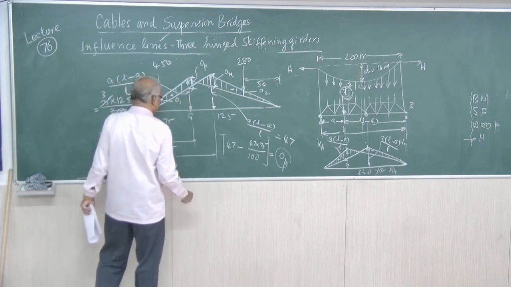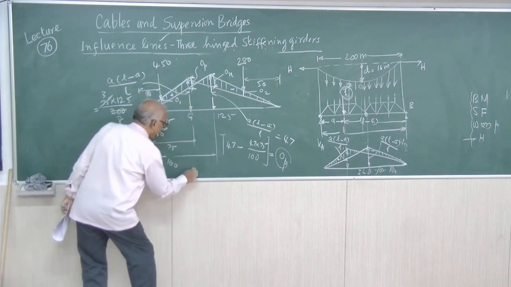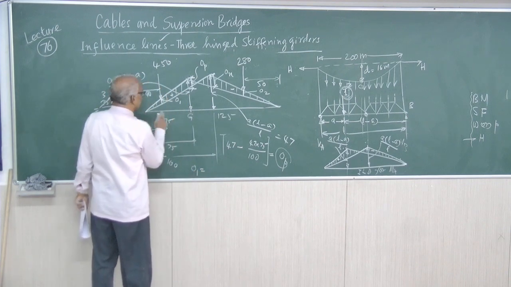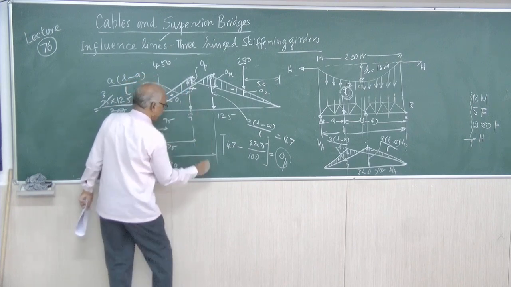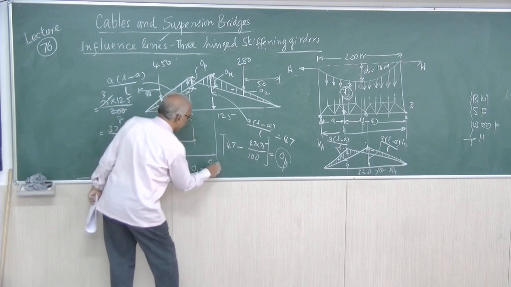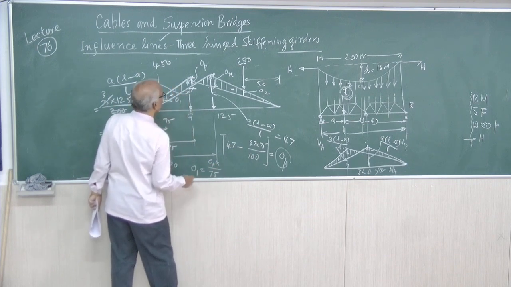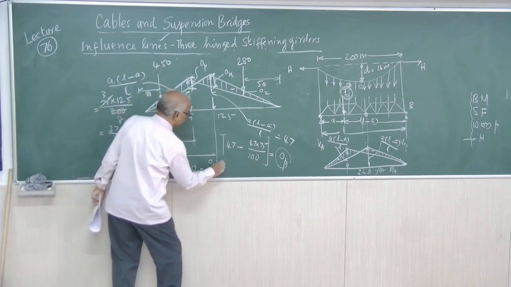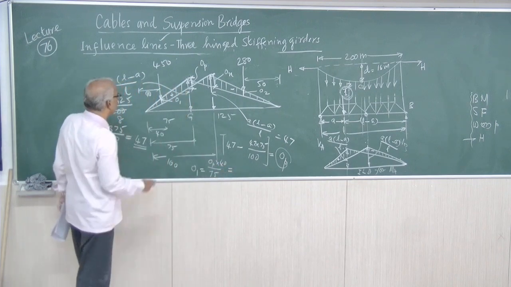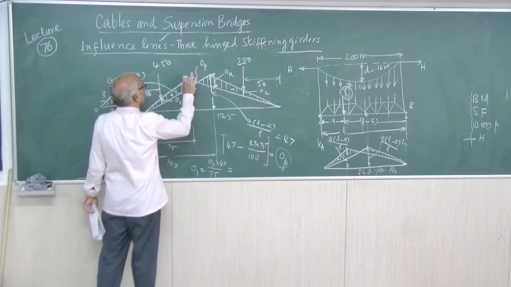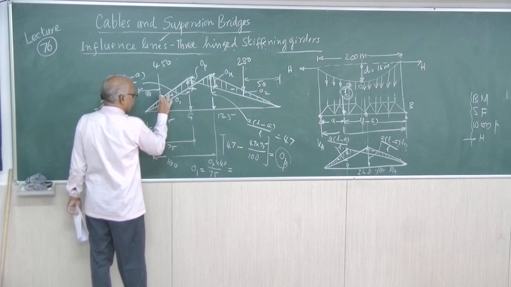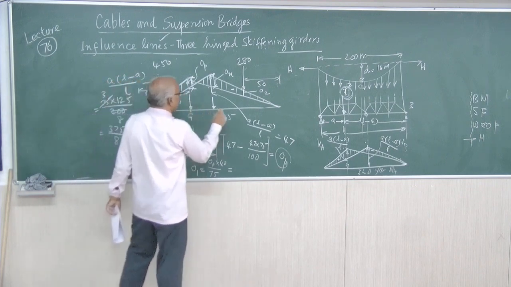O1 will be, it's very simple, because for 75, if it is OP, what is the value for 40? That's all. For 75, the net ordinate is OP. For 40, what is the net ordinate? That we can find out. Similarly, this value